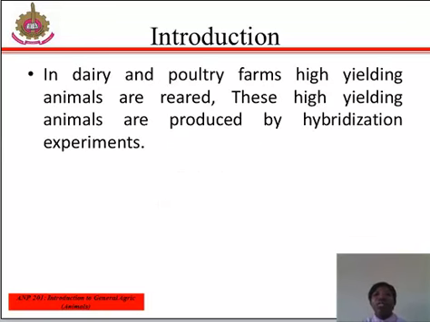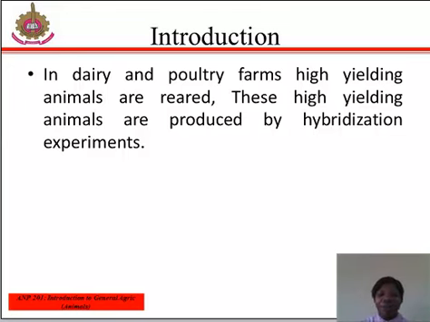Introduction. Human beings depend on animals and animal products for food and other requirements. So, in dairy and poultry farms, high yielding animals are reared. These high yielding animals are produced by hybridization experiments. So, the animals were developed based on scientific method, and this phenomenon is called artificial selection. An increased knowledge of genetics has helped in improving the quality of animals and animal products as per the